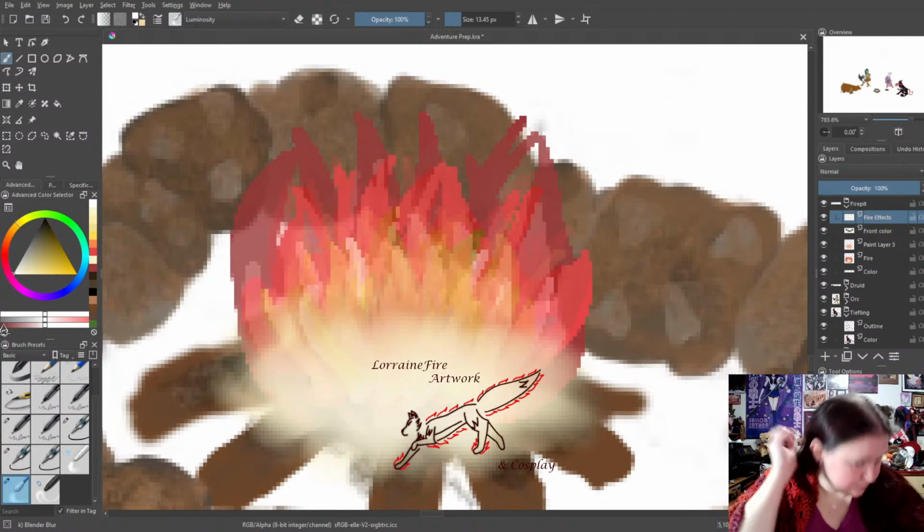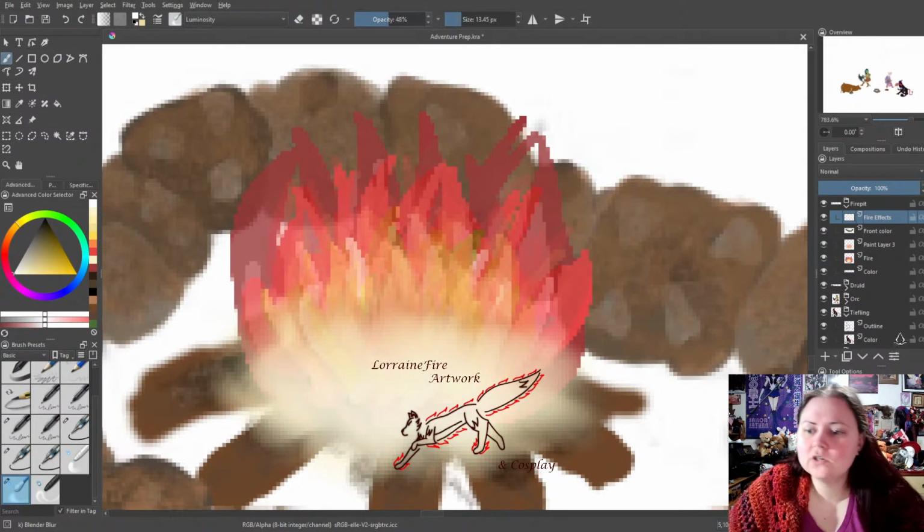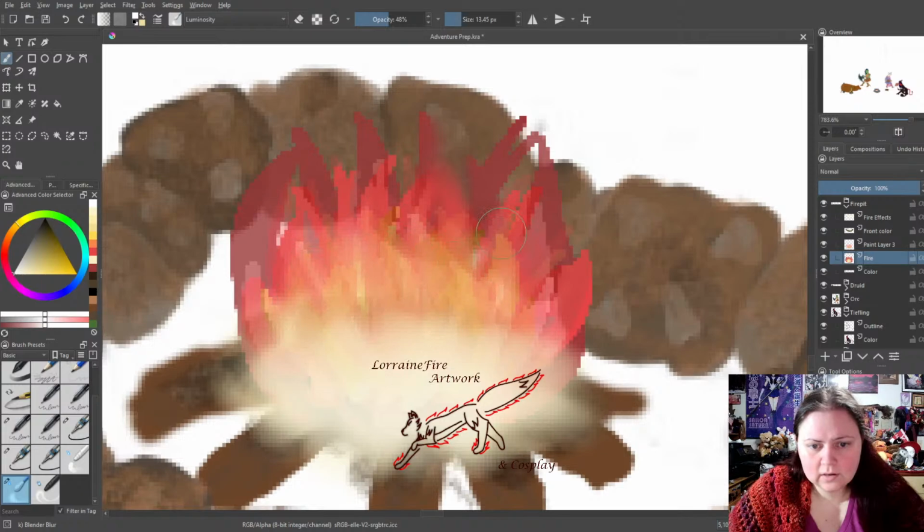Nope, I can still see that. If I turn down this opacity, I just want to test something. If I turn down the opacity and go over